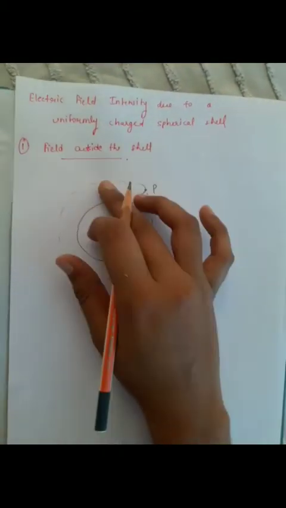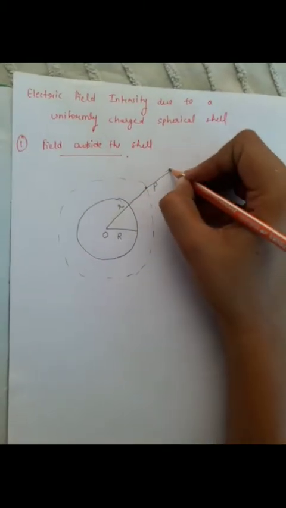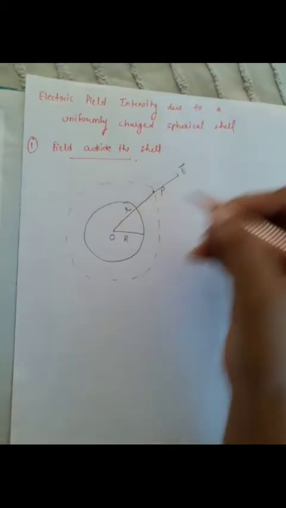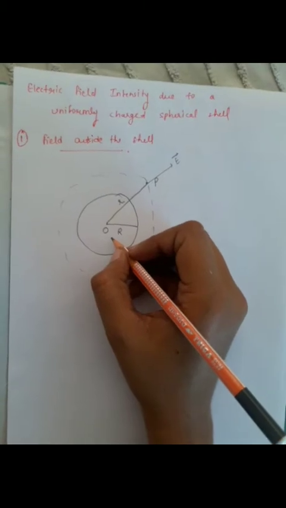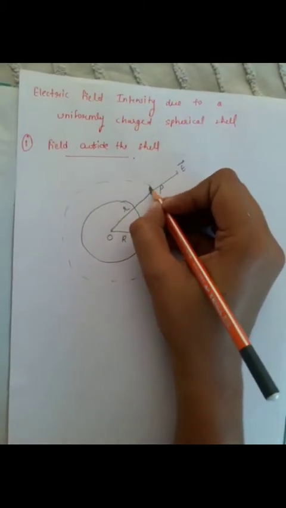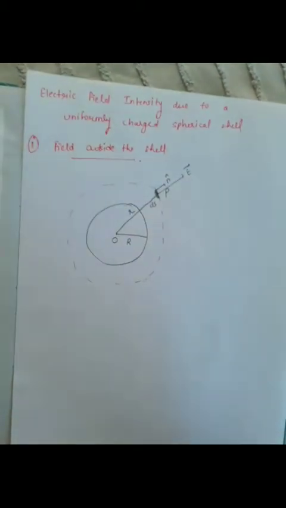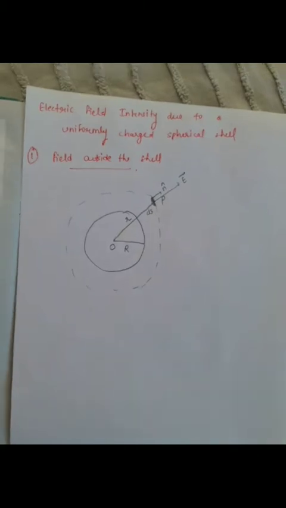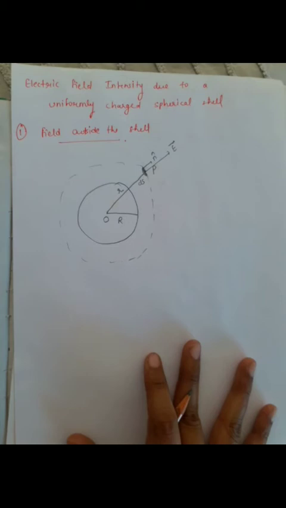This is fair. Now the electric field intensity due to this will be outward, because we have a positive charge source, and we have taken a small area ds here which has a unit vector that is also outward and perpendicular to it. Okay, now we need to calculate the electric field intensity here. What's the value here?